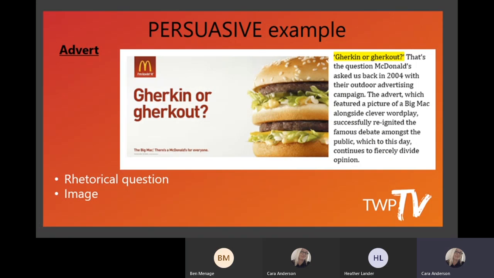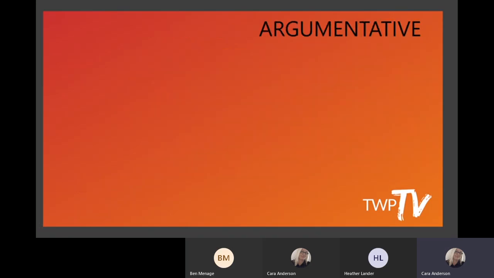So yeah, it's obviously persuasive in that aspect in an advert. And as Ben said, it's got that personal approach down the bottom, because it's directing it to you, saying that if you don't like your gherkins or your Big Mac, there's definitely something else there for you. Excellent. So if it's argumentative,